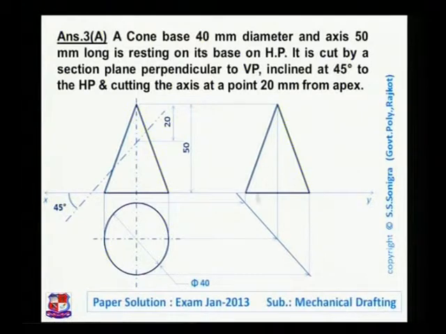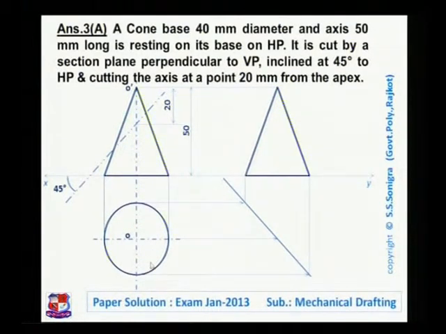Now after drawing this side view, find out the points. This is the axis of the cone in side view. This is the top view, this is the side view. After drawing this axis, name the views. Now pick up the points. For that, divide this circle into equal number of parts. Suppose I have divided it here into 8 equal parts,